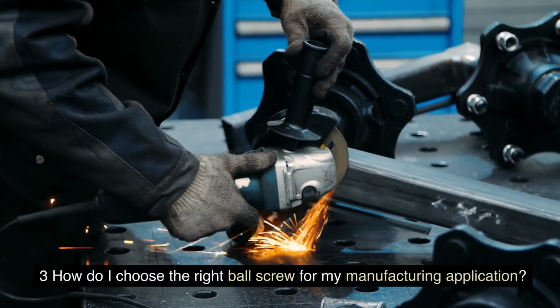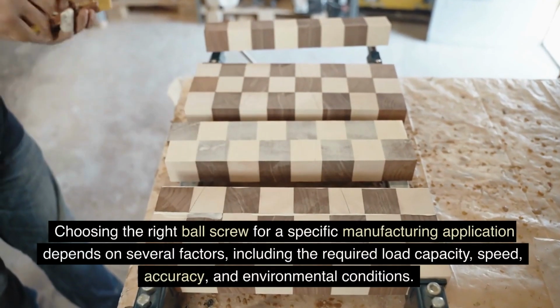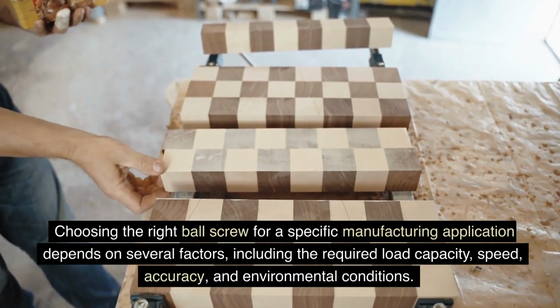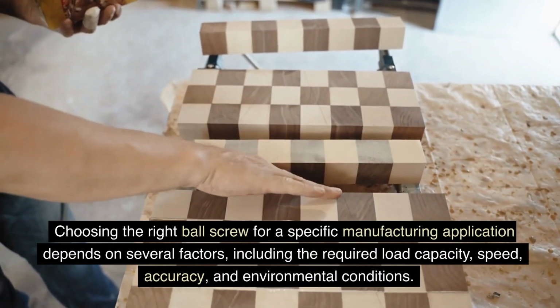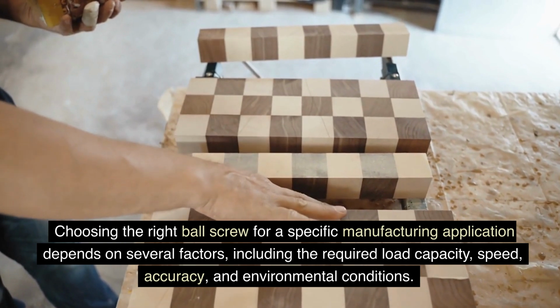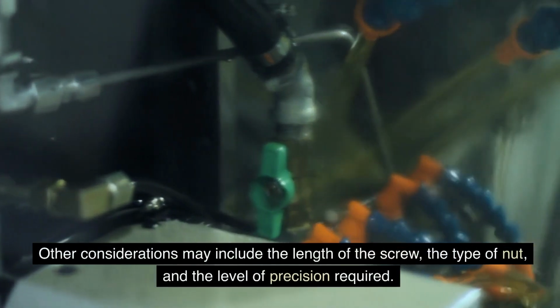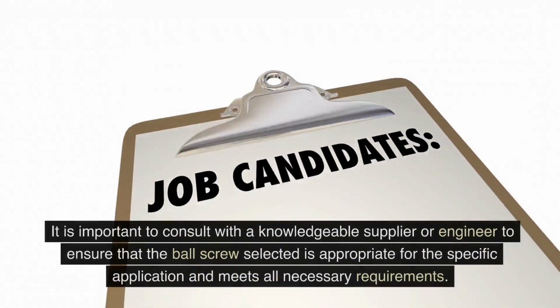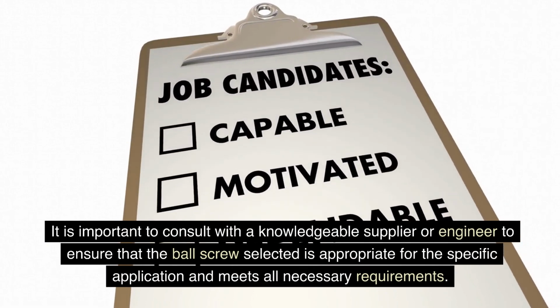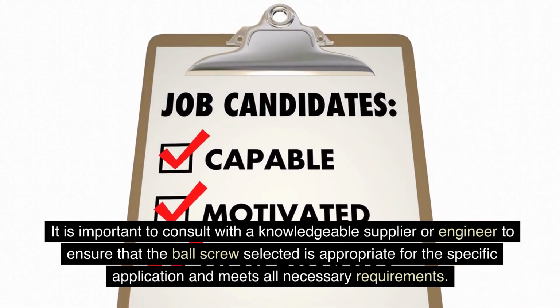3. How do I choose the right ball screw for my manufacturing application? Choosing the right ball screw for a specific manufacturing application depends on several factors, including the required load capacity, speed, accuracy, and environmental conditions. Other considerations may include the length of the screw, the type of nut, and the level of precision required. It is important to consult with a knowledgeable supplier or engineer to ensure that the ball screw selected is appropriate for the specific application and meets